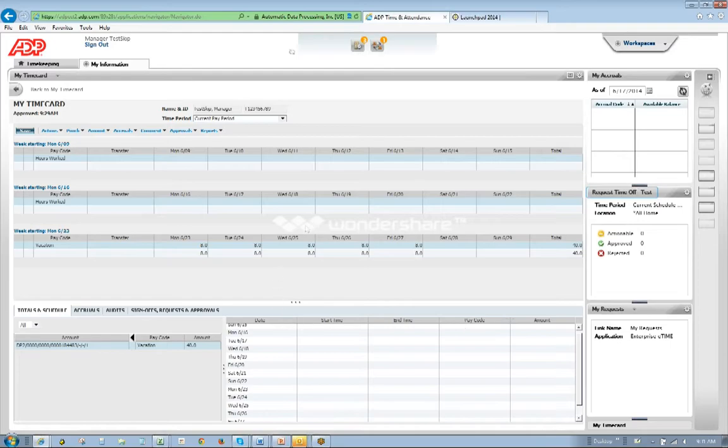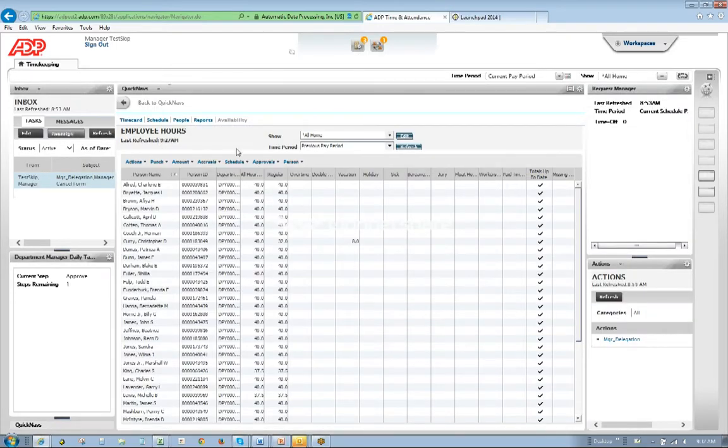If you have a timestamp employee or someone that uses their PC as a time clock, this area up here would show their time card, and there would be a little button down here that says timestamp. And to punch in and out, all they would have to do is click on that timestamp. Okay, so we've gone through my information,